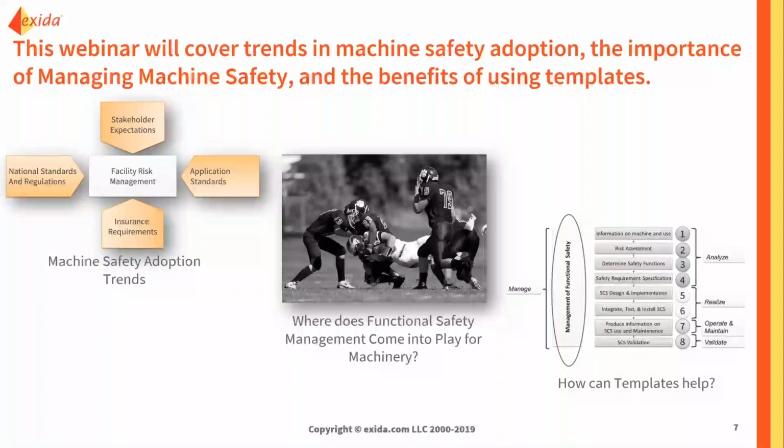Next, we'll look at the place where functional safety management comes into play in terms of tackling those issues for machinery. And lastly, we'll look at some areas where templates can help with the deployment of